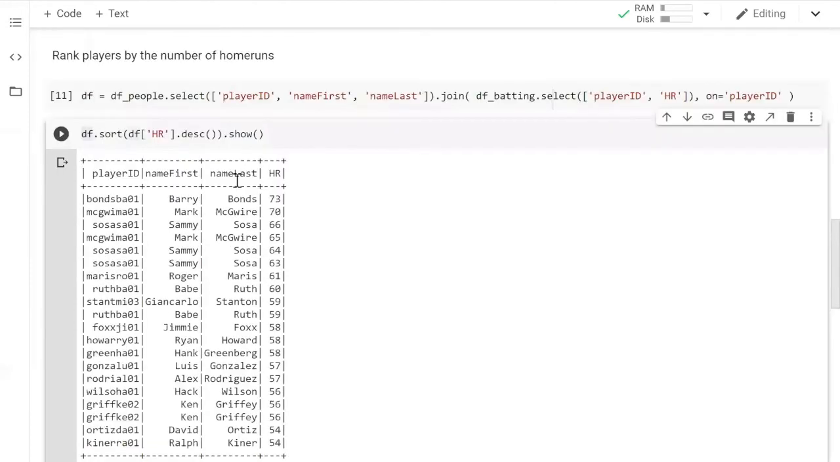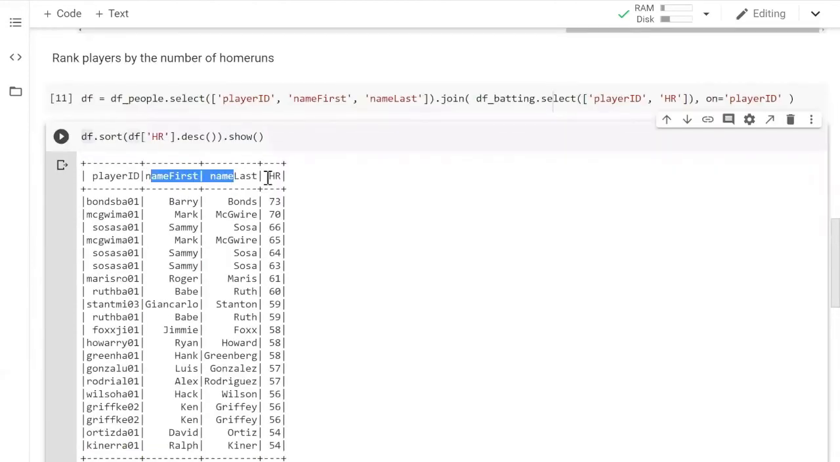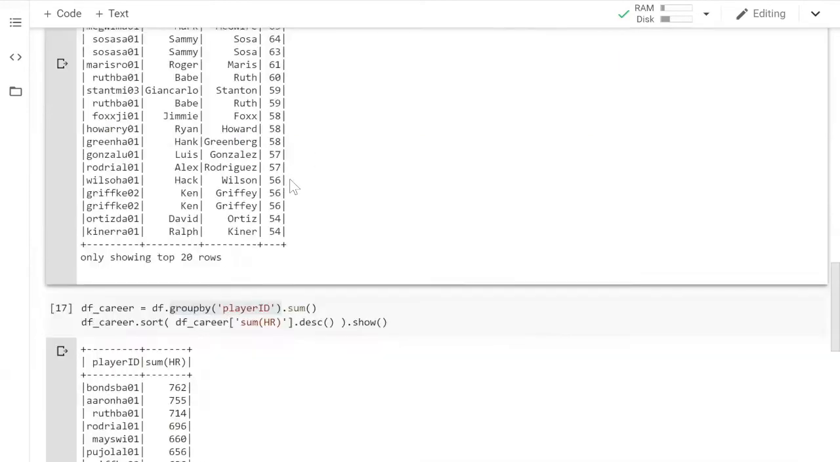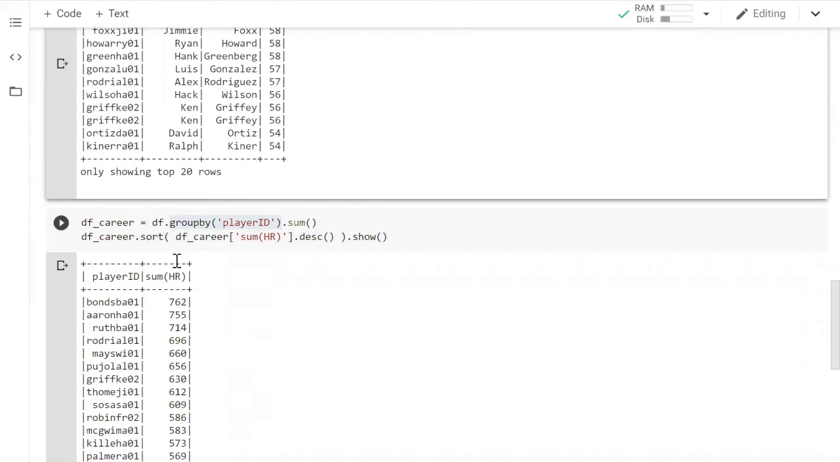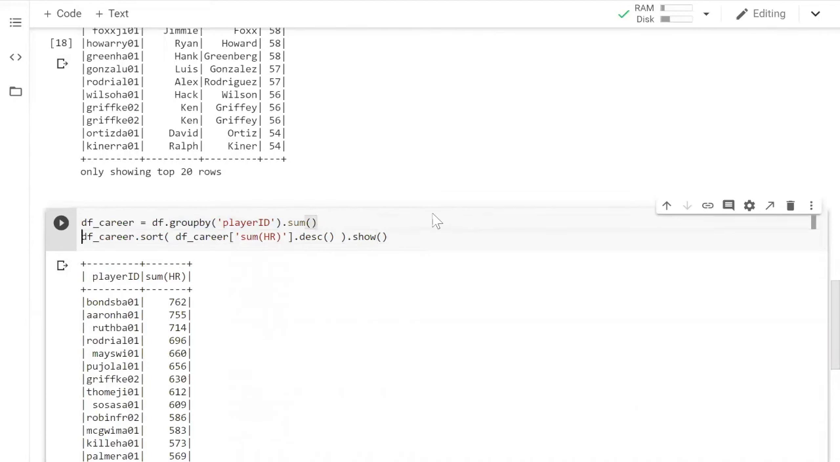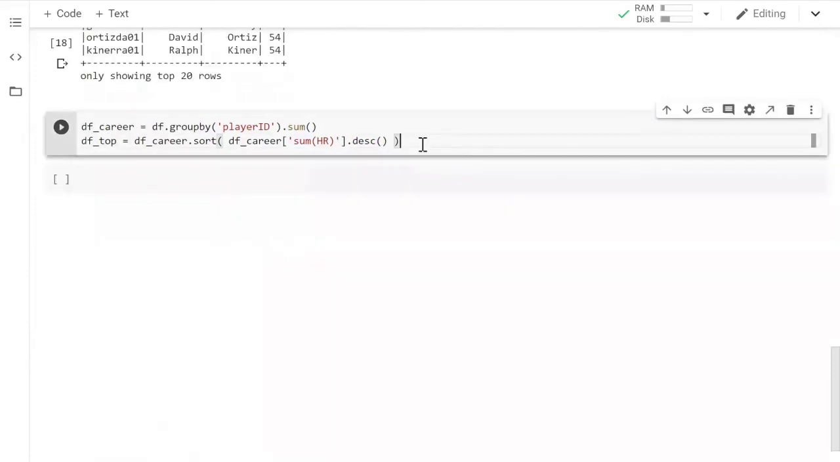Unfortunately, we wanted to display the first name and the last name right after the number of home runs, but somehow we have lost that first name and last name. But don't worry, because this is something that we can easily fix. So, for example, I'm going to just name this sorted table as df top. And what I'm going to do is